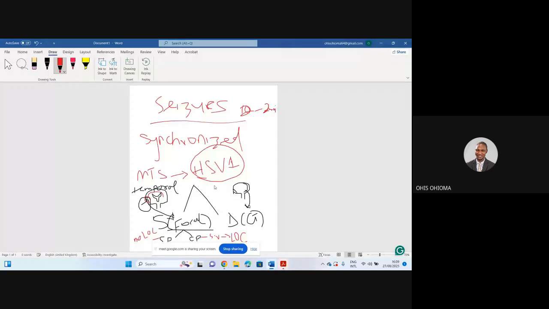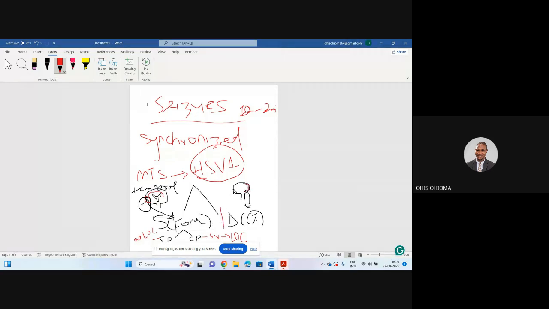What you need to know for the exams, especially Step 1, is the differentiating factor between these two. For the simple partial, the patient has no loss of consciousness. For the complex partial, the patient might start as a simple partial, but there will be secondary generalization, hence the patient will present with loss of consciousness. You have to know that as well. When you know this, you will be able to differentiate this from the diffuse, which, like I said, covers a wide area.